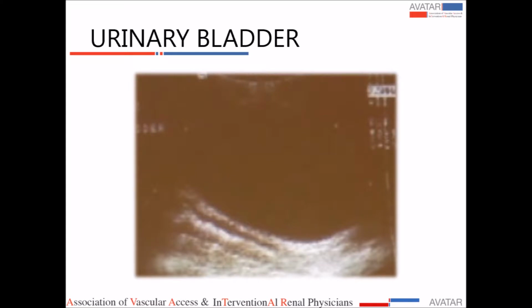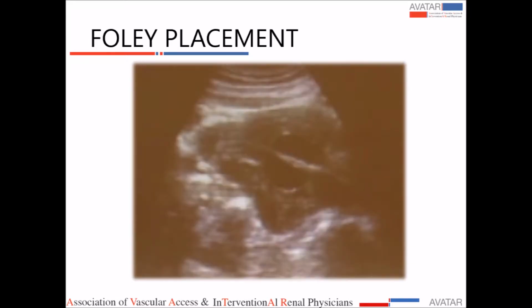And then you can also use the ultrasound to look at the bladder. We have ways on the ultrasound where you can actually measure the post-void residual, and it's based on the formula for an ellipsoid. If you have a bladder like this, you ask the patient to void, and then you measure the post-void residual. If it's less than 50 mLs, then you know that the patient is not obstructed. You can also look at your Foley catheter placement. And again, we'll go over all of this in a few minutes, but just briefly wanted to touch on a